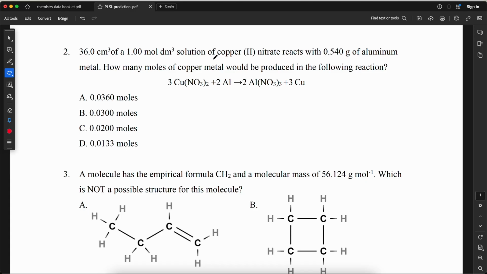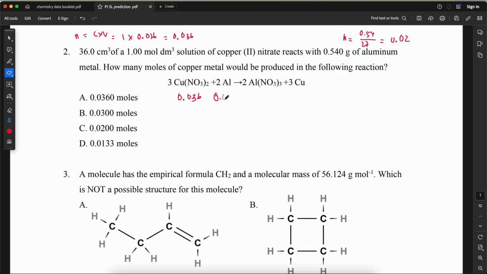36 centimeter cube of 1 molar solution of copper nitrate reacts with 0.54 gram of aluminum. Here we can calculate the mole of copper nitrate, so c times V, which is 1 times 0.036 decimeter cube, which is 0.036 mole. And for aluminum, we've got mass, so we can calculate the mole by dividing by its relative atomic mass, which is 27,